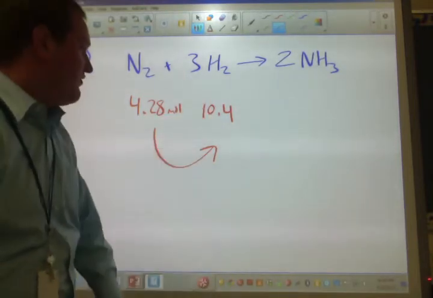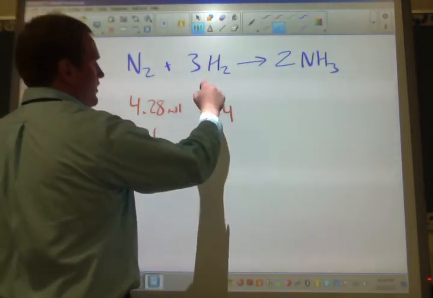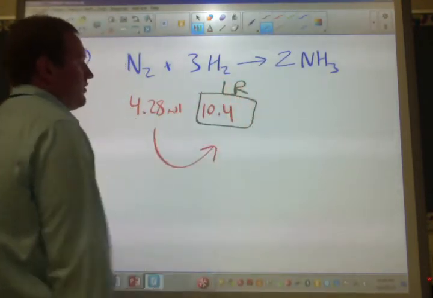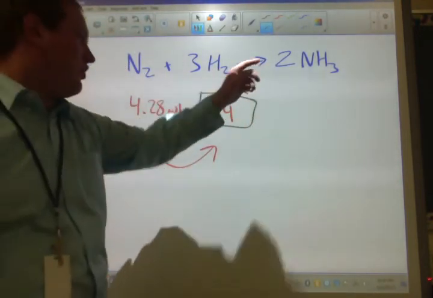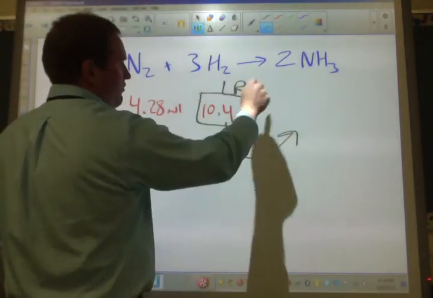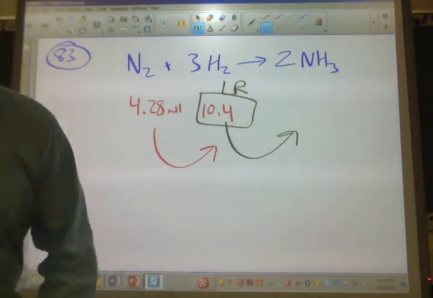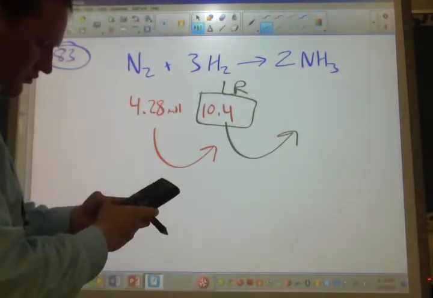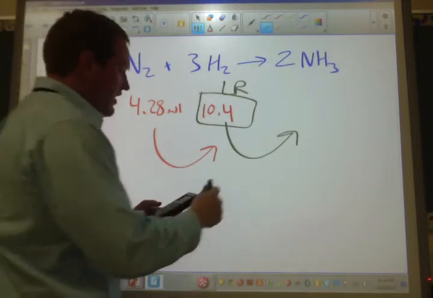And I only have 10.4, so clearly this one is my limiting reactant, LR. Okay, so we're going to base what we get here off of our limiting reactant. Well, it's 3 to 2, so we're going to divide this by 1.5, which gives me 10.4 divided by 1.5 gives me